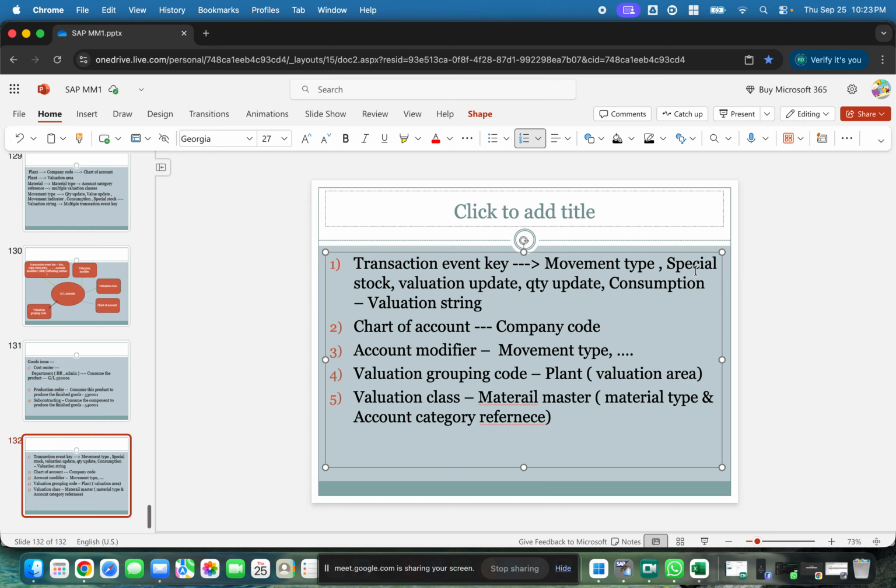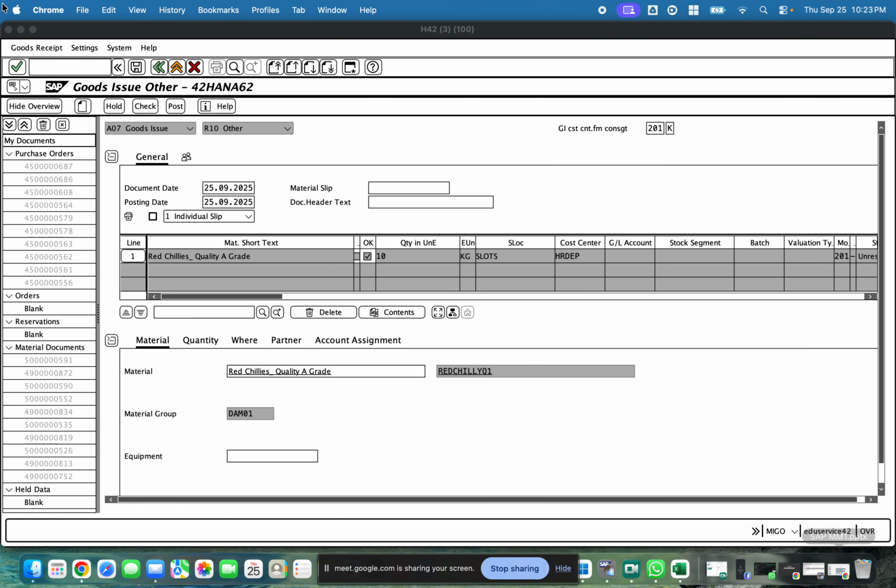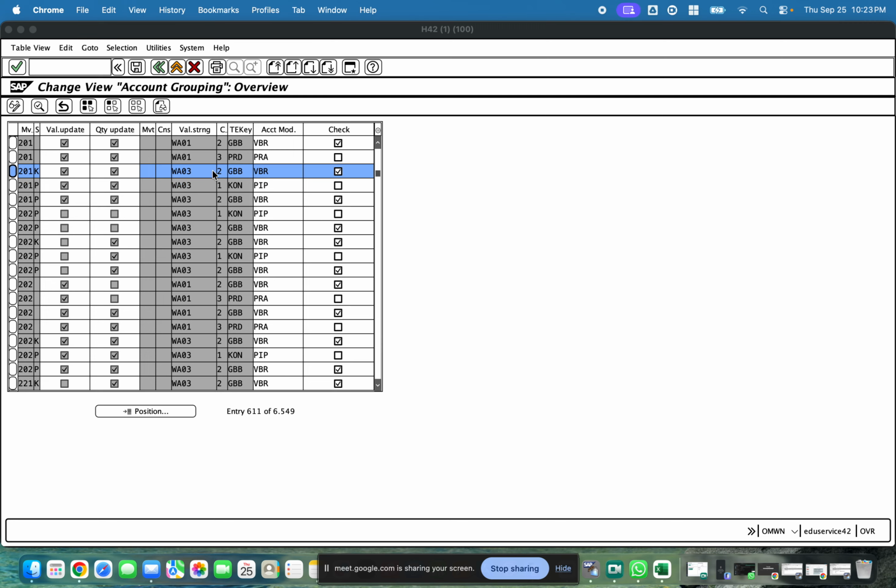Movement type 201. Here we are entering the 201 movement type, right? And special stock, yes, we are using that K. And valuation update, yes, we selected the value update option. And quantity update, yes, we are updating quantity. Okay, and consumption, we have not selected here. So let's go here. This entry is for consumption, right? So this is the consumption